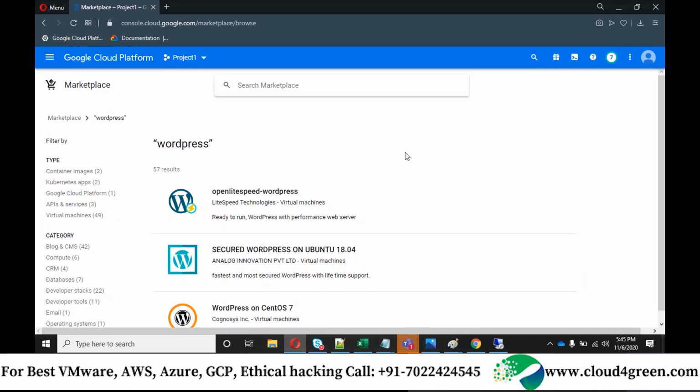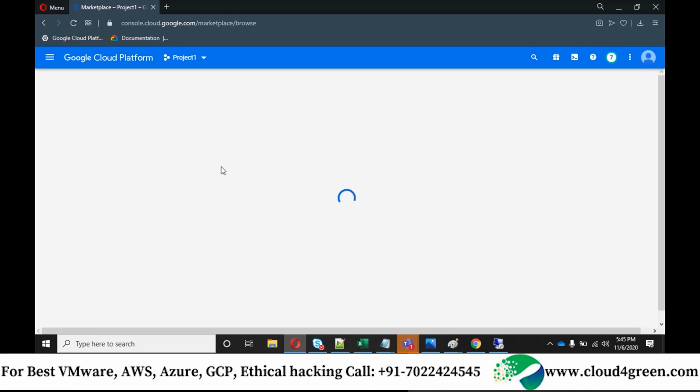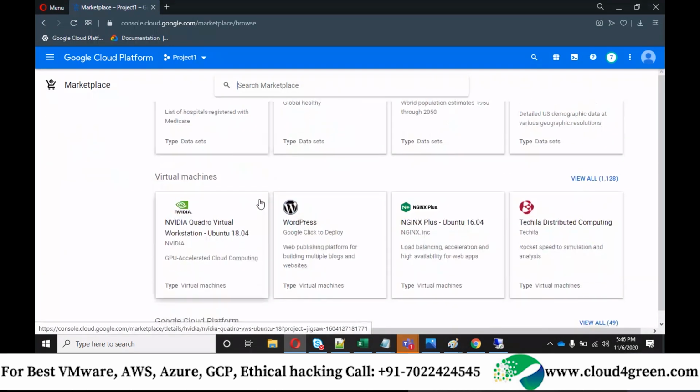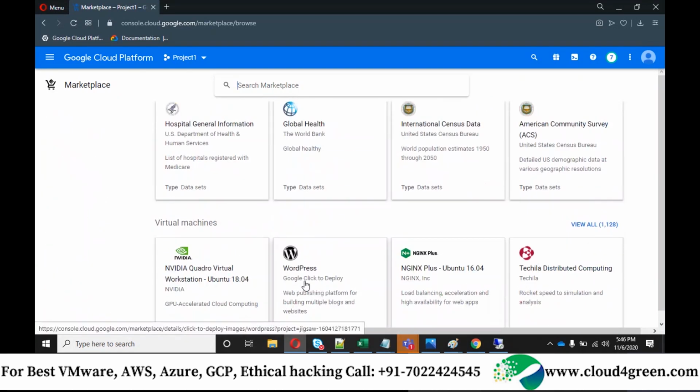Okay, so what we'll do now is we are going to deploy a WordPress. If you search in the marketplace, it is directly available here next to the NVIDIA virtual machine. You can click on this.